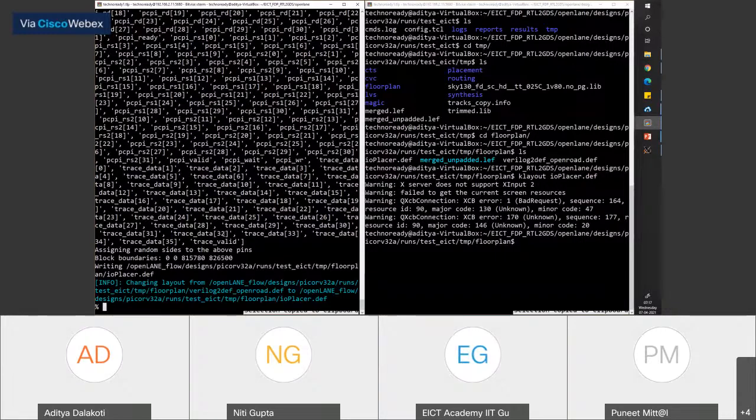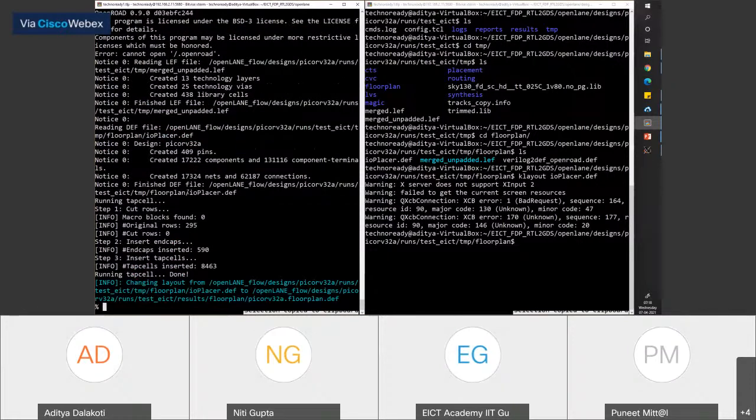Before we go into the placement concepts, I want everyone to run a command called tap decap or. I'll let you know the command in the chat box as well.